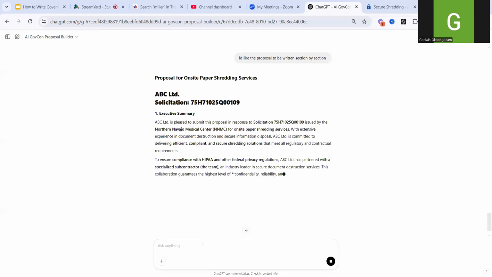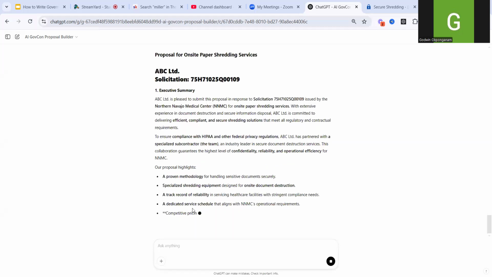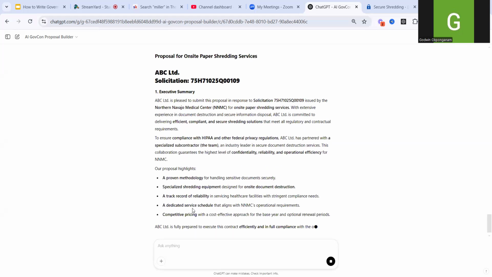Let's see if it complies. Okay, so we have an executive summary here. ABC Ltd is pleased to submit this proposal in response to solicitation, and there's a solicitation number, issued by the Northern Navajo Medical Center for on-site paper shredding services. With extensive experience in document destruction and secure information disposal, ABC Ltd offers secure shredding solutions that meet all regulations